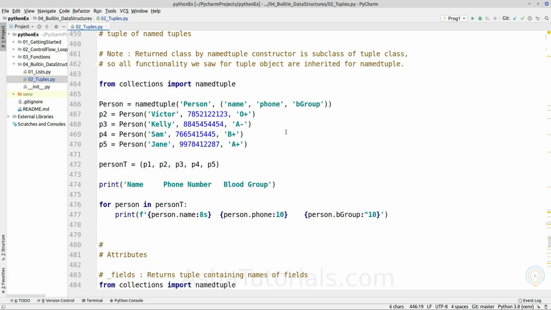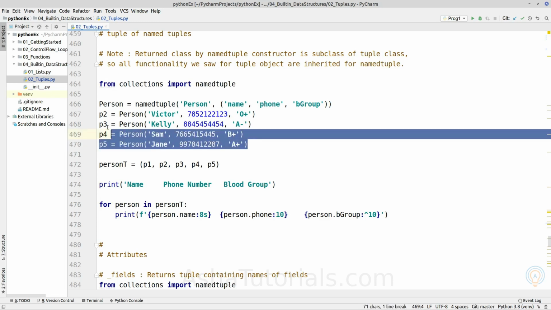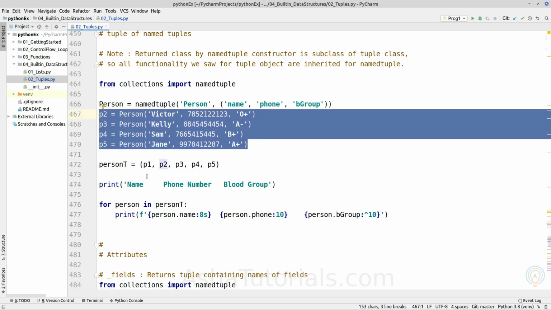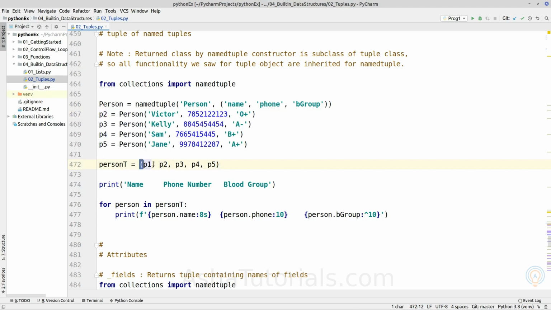Now the next topic is tuple of namedtuple objects. We can also create a collection of namedtuple objects. If we have multiple person objects, which are objects of the namedtuple Person class, stored inside a tuple object, we can iterate over them, and for each namedtuple object we access its elements using the field names.